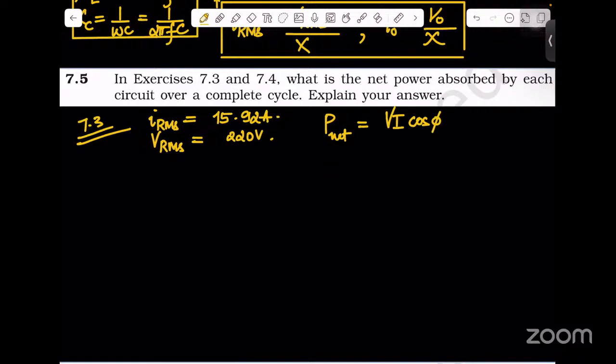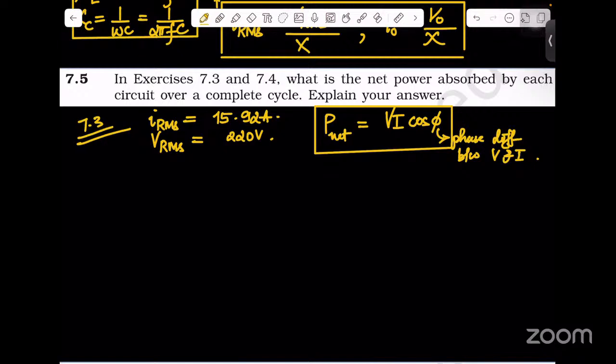Everyone knows that this phi is the phase difference between V and I, right? So here is another formula you need to know. P equals VI cos phi, right? Okay. Now,